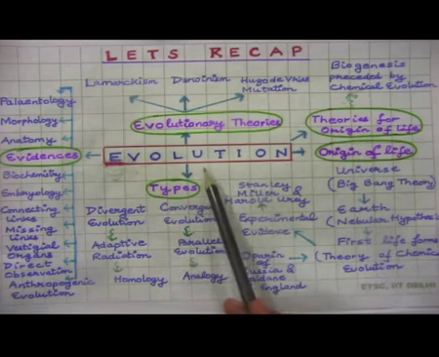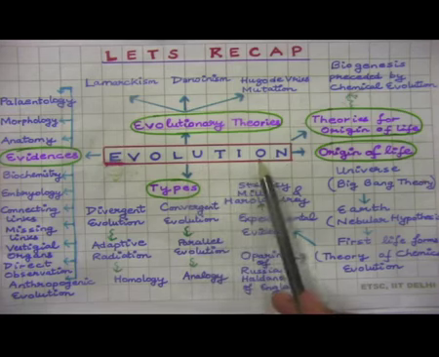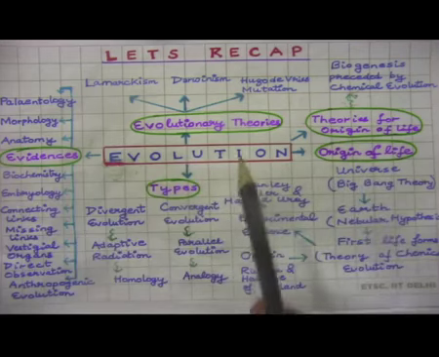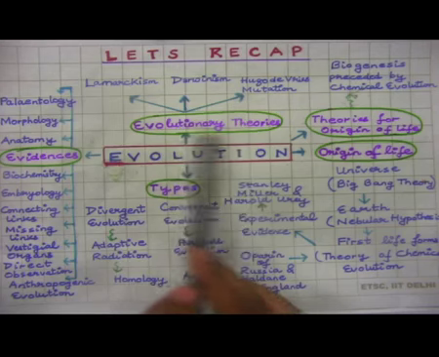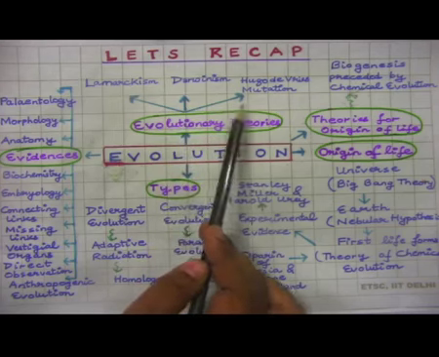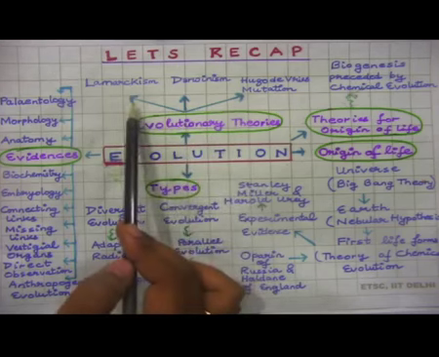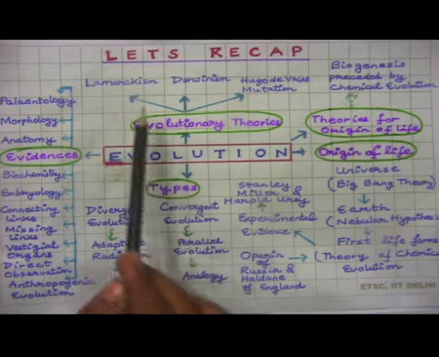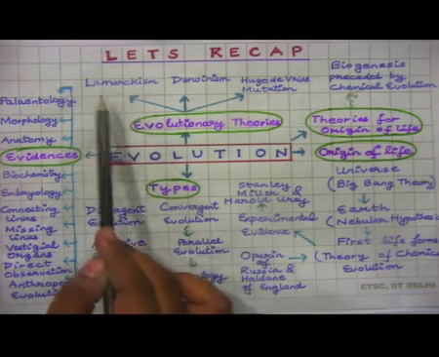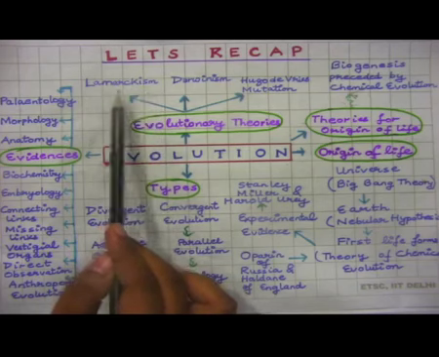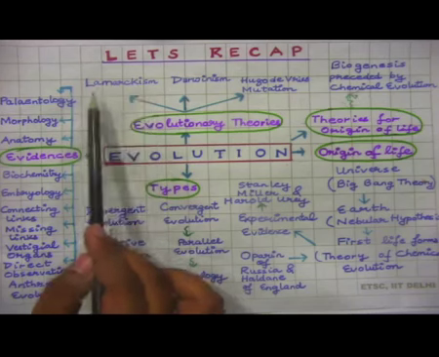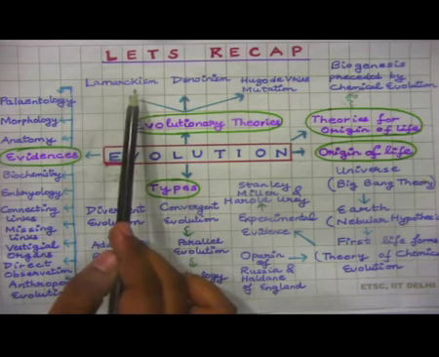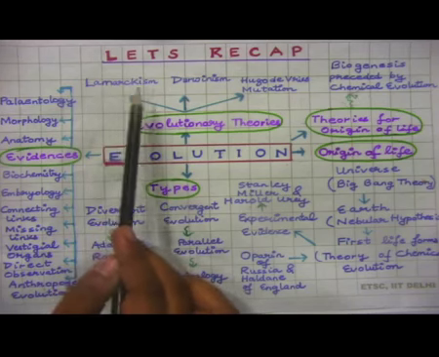I told you that biological evolution majorly deals with how life forms have changed over a period of time, and the theories which explain this were given by certain eminent scientists. The first logical explanation for its mechanism came from Jean-Baptiste de Lamarck. This theory is also known as the theory of use and disuse of organs, or the theory of acquired characteristics, or theory of inheritance of acquired